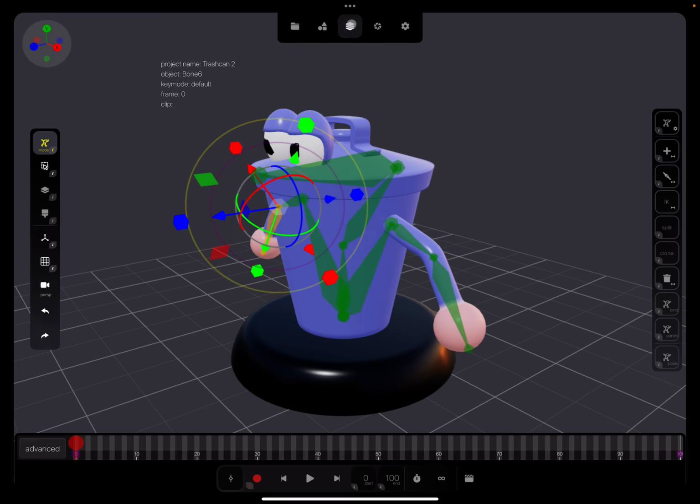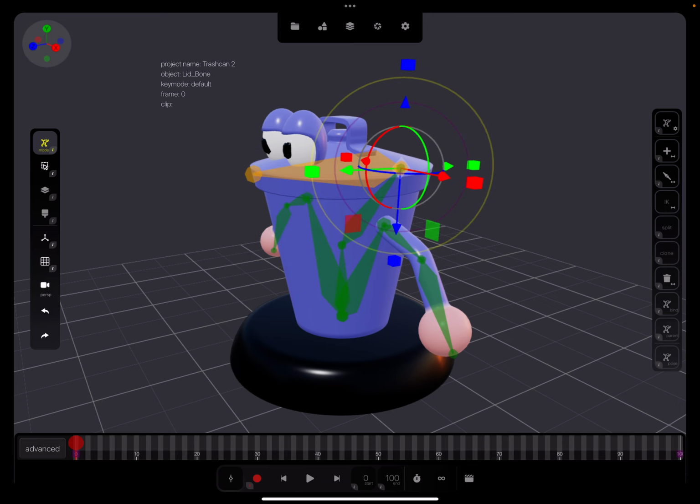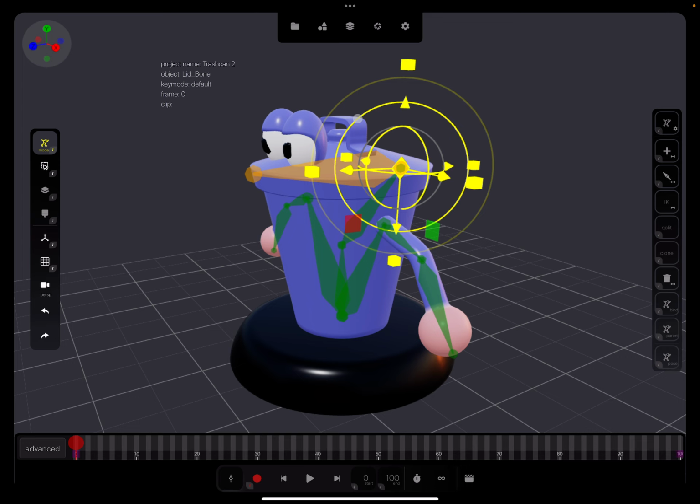Okay, so here is the character. I made a rig for it, and the goal is to bind this bone to the lid here of the trash can. And so we have to bind single objects. First I show you